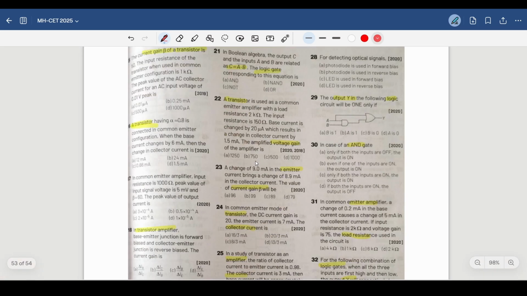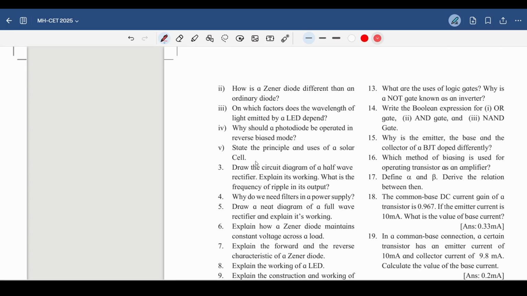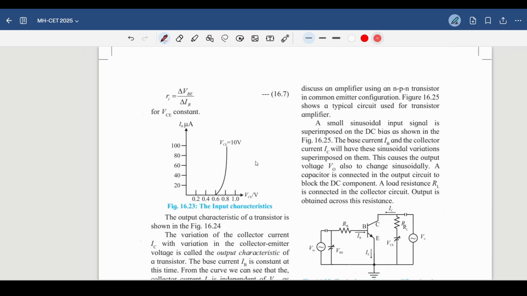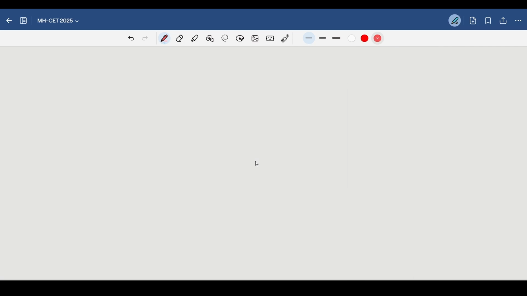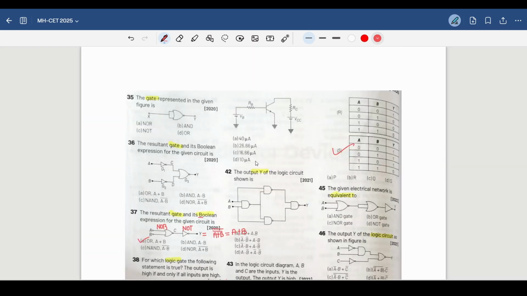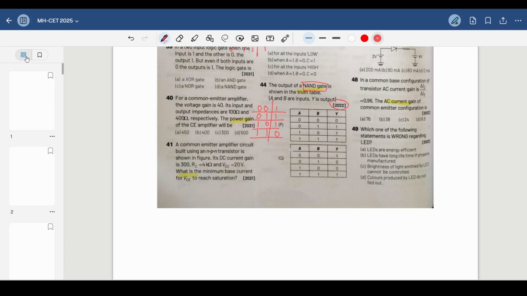The questions are quite easy. You just have to understand the concept behind the logic gates. In this manner, you are going to cover the physics syllabus. The purpose of this video is not to teach you logic gates. The purpose of this video wasn't to teach you how rectifiers work. The purpose of this video was to tell you how you're going to sit and study.